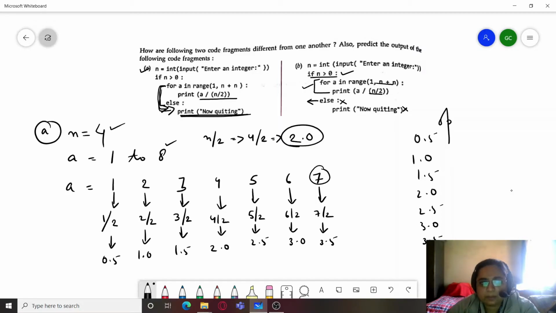Because we were breaking right in between, but here there is no break, hence the control reaches else and it prints now quitting in the first case. In the second case, now quitting will not be printed. So this was our second question. So you can get questions like these where you will get two very similar looking code fragments, and you have to figure out the difference between the two.